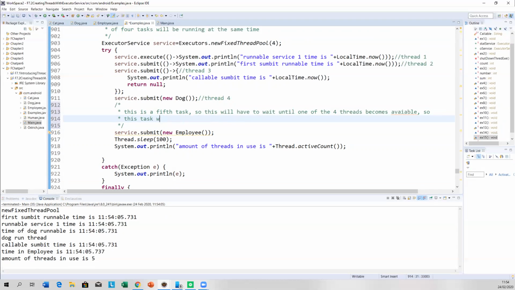So this task will never be first. Now, this task could start before one of these guys finishes, but you'll always have something before it. You could end up with a situation like this, where let's say the time is going to be 74